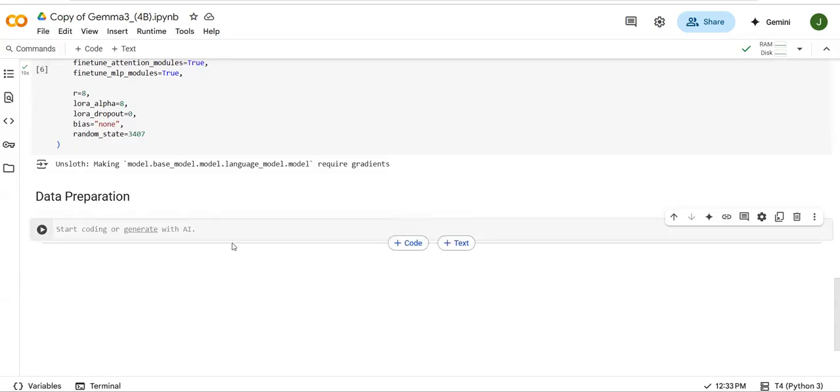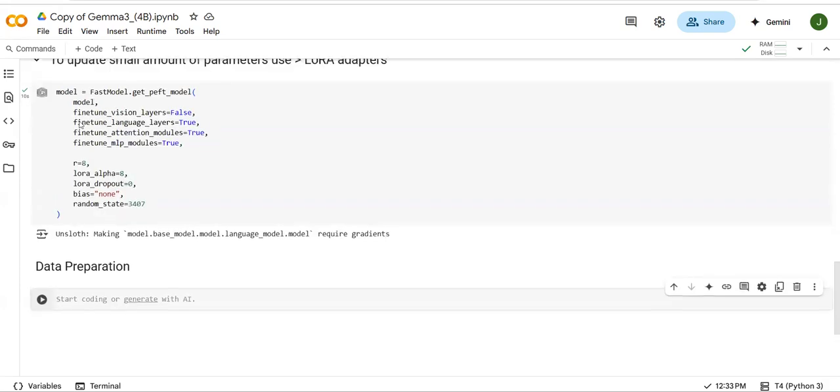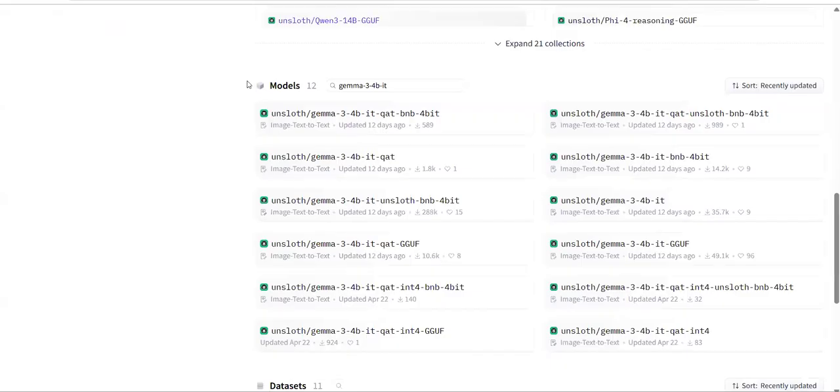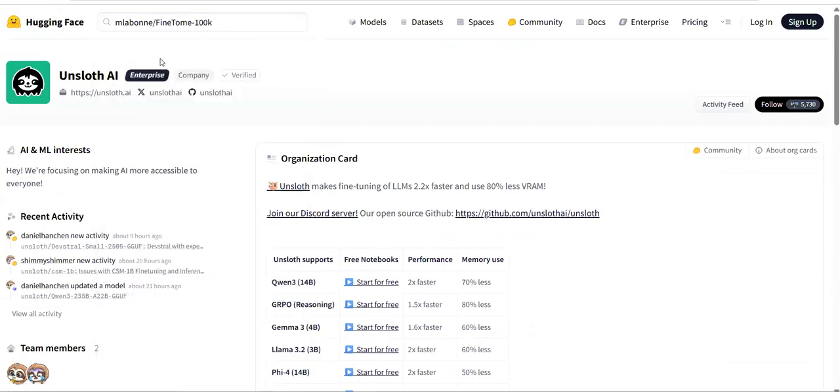What are the points that I need to fulfill on data? First thing, I need to take some data, and second thing, I need to convert that data into a suitable format for fine tuning this model. What data do I need to take? Do I have any conversational data? I want to fine tune my model with some conversational data. If I ask some question, then it needs to provide me some responses. That is the data I want. For this demo, I'm just taking an already available free Hugging Face dataset, that is a Mabalon